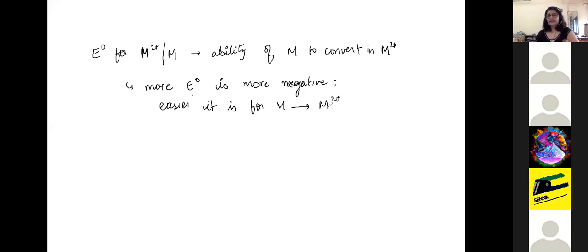So in this case, would you say M is oxidizing or reducing? Is that showing an oxidizing character or a reducing character? M itself is getting oxidized, so it's a reducing character. Yes. So this in turn decides whether M is going to be of oxidizing or reducing nature. The easier this particular conversion is, the more of a reducing character it shows. It can easily reduce other compounds or ions because it's giving away electrons easily.